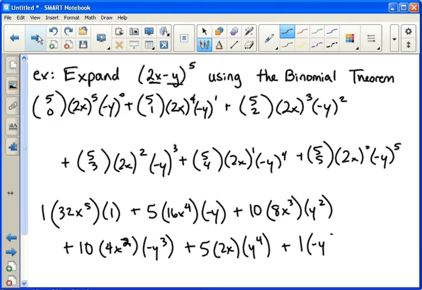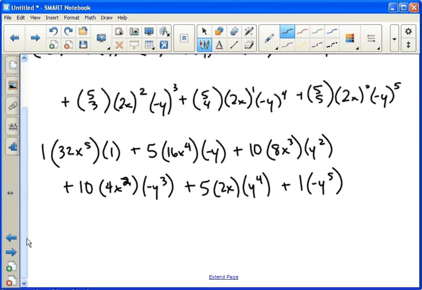Just remember that even exponents always stay positive. Odd exponents keep the sign. So we finally get down here. To simplify this all the way, we get 32x to the 5th plus, let's see, 5 times 16. And actually, let me back up. I'm going to make that a minus because of this negative right here. So that negative makes it minus 5 times 16 is 80, x to the 4th, plus 10 times 8 is also 80, x cubed, oh,